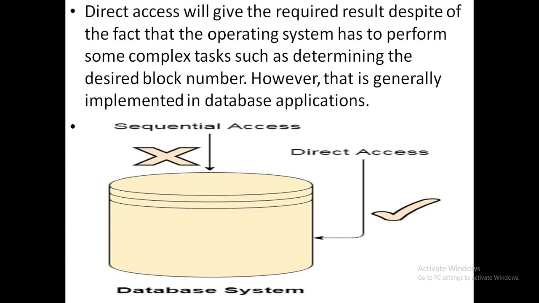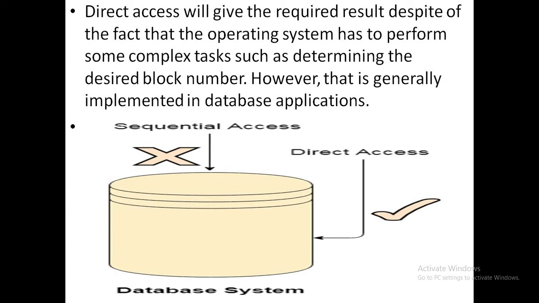Nowadays we are selecting, for example, songs from a DVD or CD. The songs are located file-wise, 1, 2, 3, 4, 5, 6. If we need to access our 5th song, then we will automatically jump to the 5th song. Nowadays, that mechanism is called direct access. But in older days, there was no mechanism to access the 5th song directly. Rather, we had to go one by one.